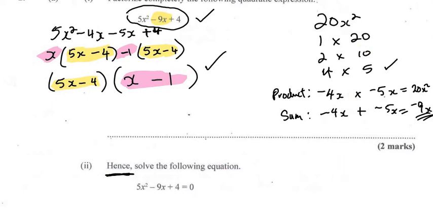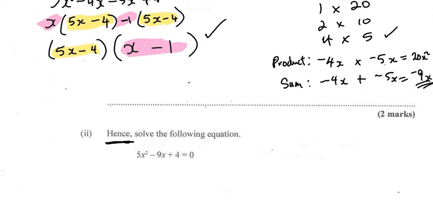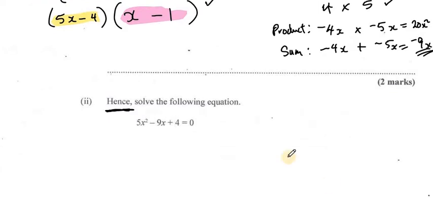Now, to solve an equation that's quadratic, meaning that the highest power is a 2 on the x variable, the highest power must be a 2 for it to be quadratic. And once that's the case, like in this case, it must be equal to 0 for us to solve it. Since it's already equal to 0, we can move right ahead and solve this. Now recall that when we factorize this first part here, what did we get? We got 5x minus 4 multiplied by what? x minus 1. So this 5x squared minus 9x plus 4 is actually 5x minus 4 times x minus 1,